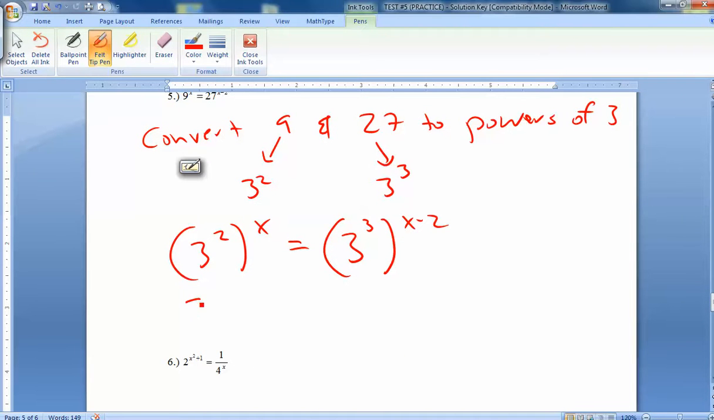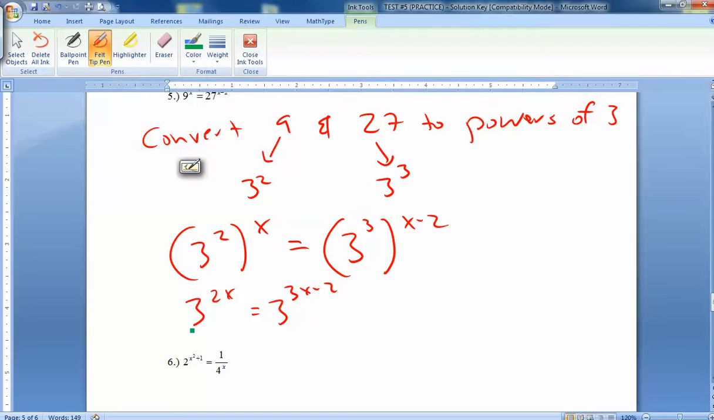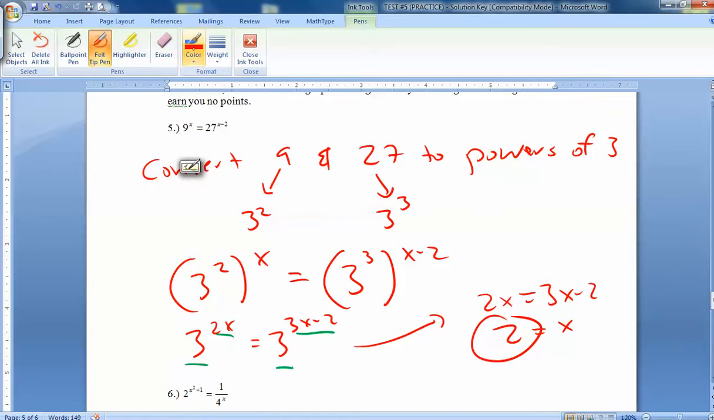So you keep working it out, you get 3 to the 2x equals 3 to the 3x minus 2. Now because these are the same, these exponents must also be the same. So off to the side here, we're allowed to say that 2x equals 3x minus 2. Move things around, x equals 2. And that makes sense, because if you check your work, you have 9 squared